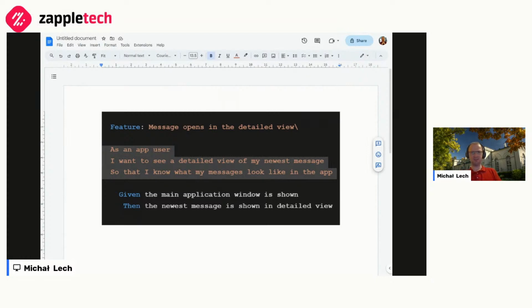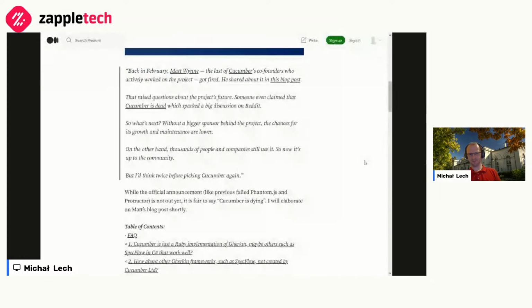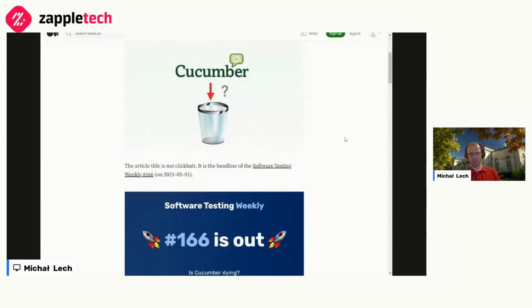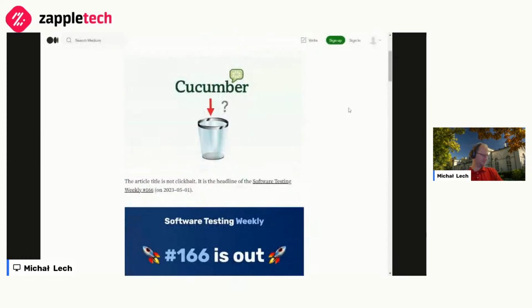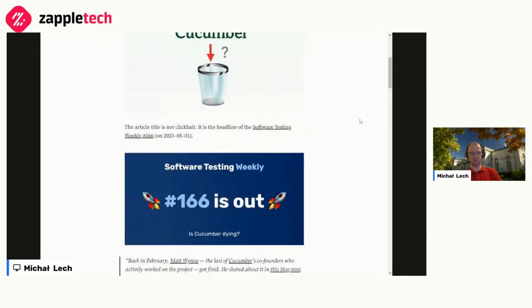And several years later, between this hype and this great appetite for using it and for also commercializing it, we got to another side, which is: is Cucumber dying? Because that's a very serious question.